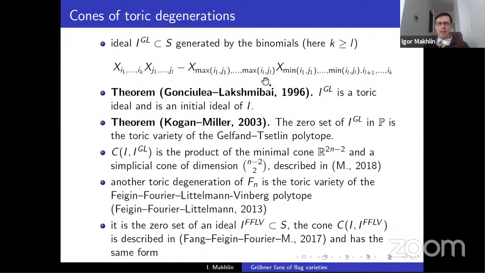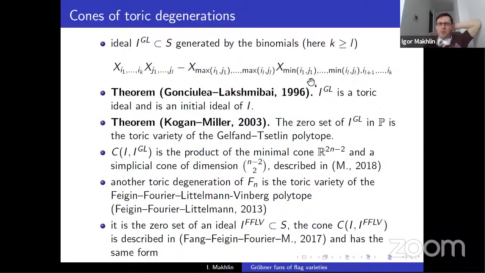And so the various toric initial ideals, they correspond to toric degenerations of the flag variety, something which has been studied a lot. And so here is the historically first and best known example of an initial toric ideal. So you can take any two Plücker variables, with k subscripts and l subscripts, and assume that k is no less than l, and then you can take their product, and you can take another product with sort of